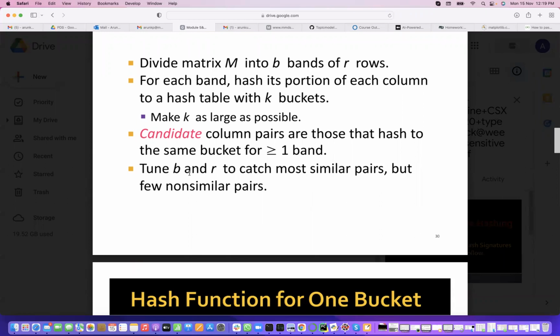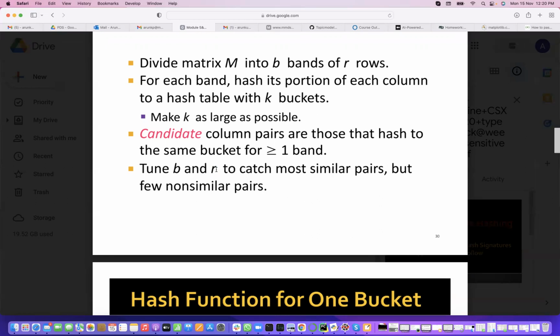So what will happen if you take more bands? They agree on one column most probably, right? One row agreeing with one row, two rows is the most probable thing, right? So if you make the B value less, then for most of the things you need to compute or evaluate similarity. So are B and R user inputs? Yeah, R is the signature matrix size. R is how many permutations you take. So that is user input only again.